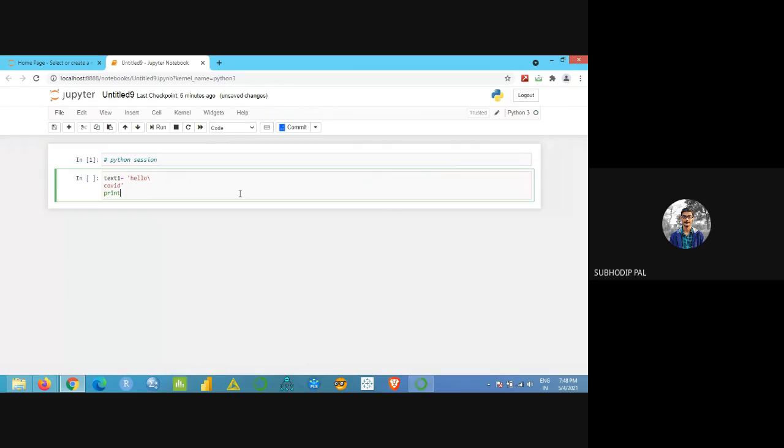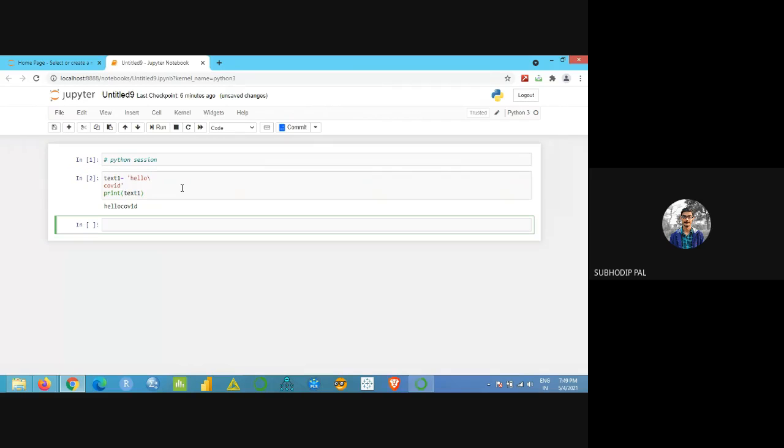Whenever it's in text format, you will get it in dark red or maroon color. And whenever you want to get some output, that will be in green color. Okay, so print, I want to print text1. Print text1 in bracket and hit enter.